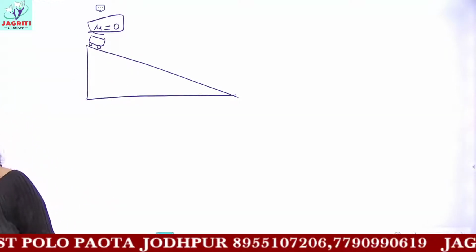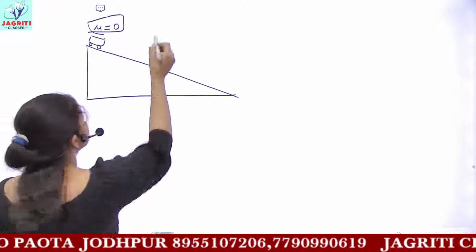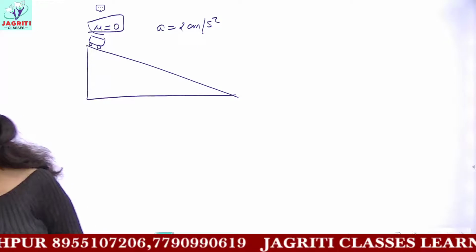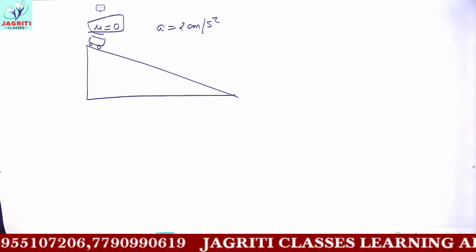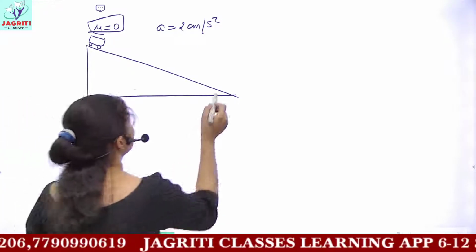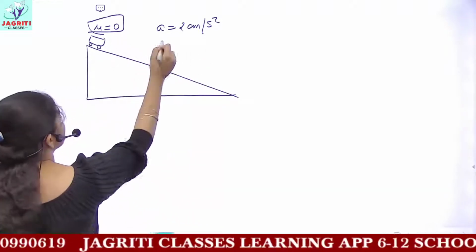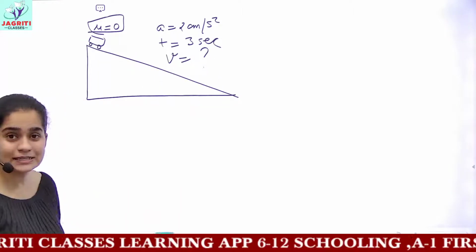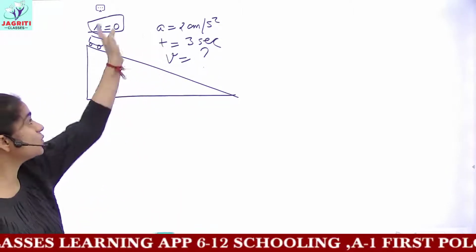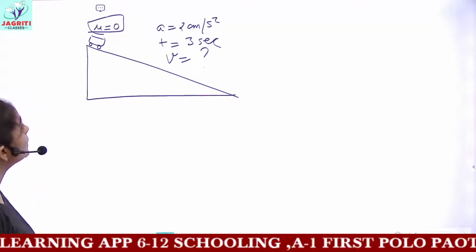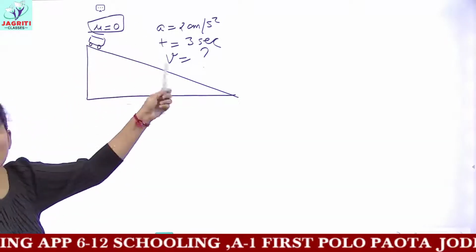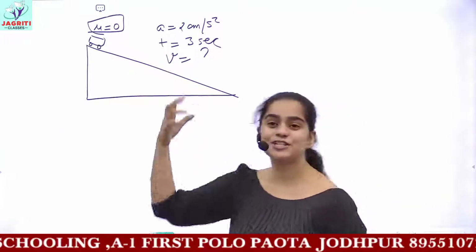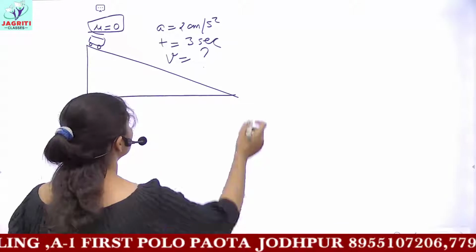Then it is going and the given acceleration is 2 centimeter per second square. And next it is given what will be the velocity after 3 seconds after the start. So after 3 seconds, the time is 3 and you have to find the final velocity. And this again, can you tell me which equation of motion can you use here? You are given the variables u, a and t and you are required to find the final velocity v. Yes, definitely you can use the first equation of motion, v equals u plus at.